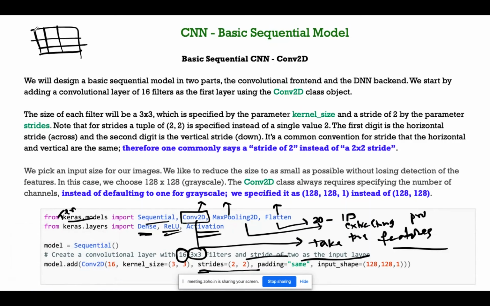So we want to read this one, and we want to read this also, 2, right? 2 strides.